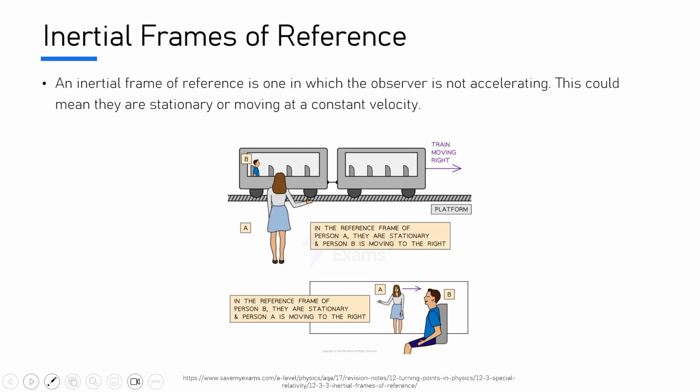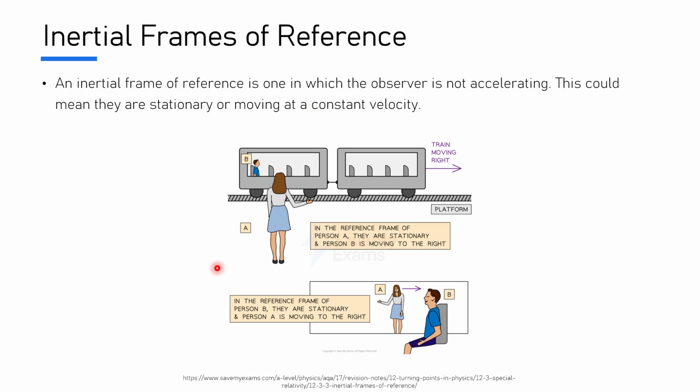When unpacking special relativity, we're going to be looking at frames of reference, which a lot of the time are what we describe as inertial. So it's really important that we also understand what that means too. At its core, to be an inertial frame of reference, you need to be in a frame of reference which is not accelerating. Now, just because you're not accelerating doesn't mean that you're stationary. This also includes frames of reference that are traveling at a constant velocity.